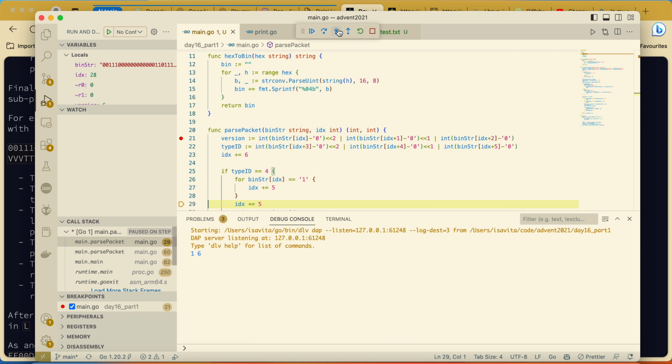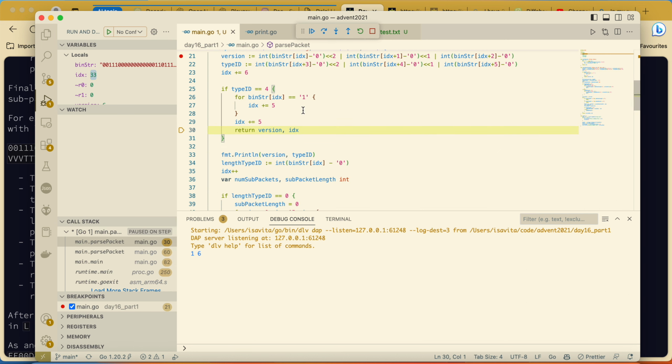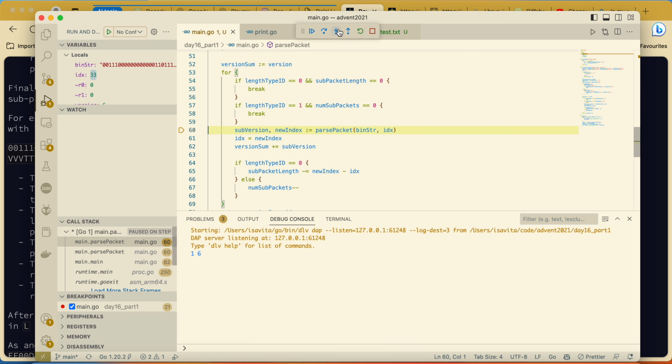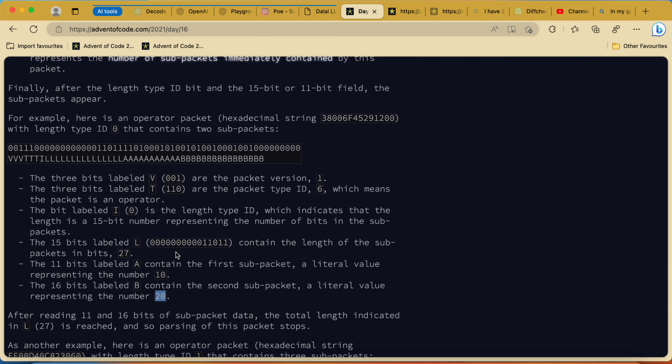We go here, we get in, we have the literal probably jumping on, we have the 6. For the 6 we are adding it to here, and we are changing the index to the new index. After reading it, the new index is 33, which is 22 plus 11.